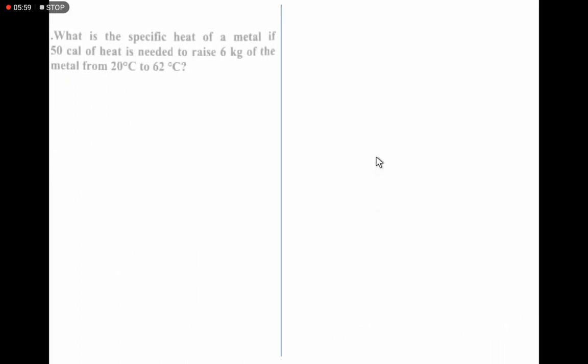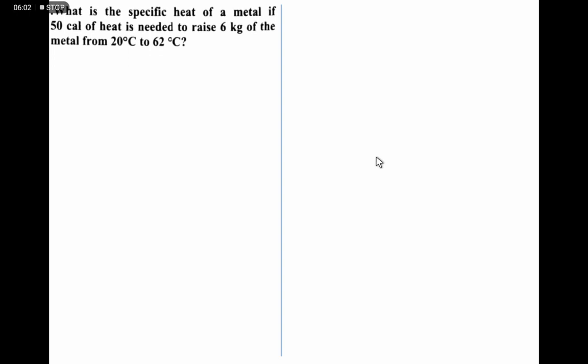Next problem is: what is the specific heat of a metal if 50 calorie of heat is needed to raise 6 kilogram of the metal from 20 degrees Celsius to 60 degrees Celsius. We have to find out the specific heat capacity of the body when temperature is increased from 20 degrees Celsius to 62 degrees Celsius. Okay, so